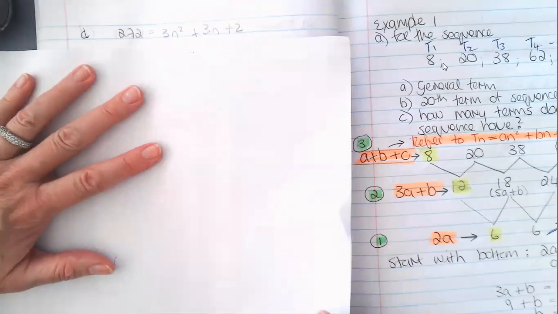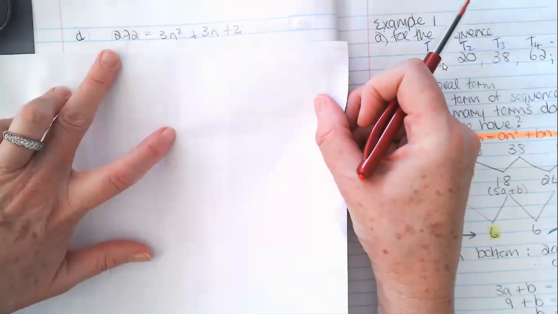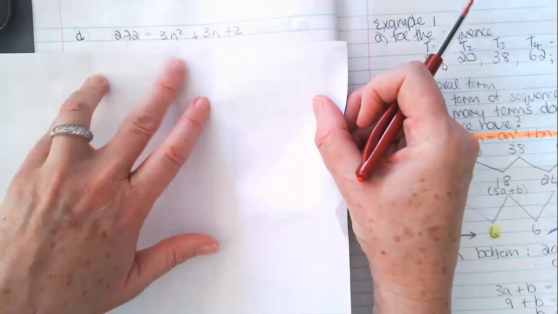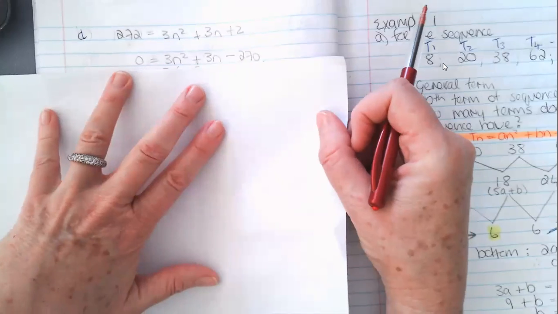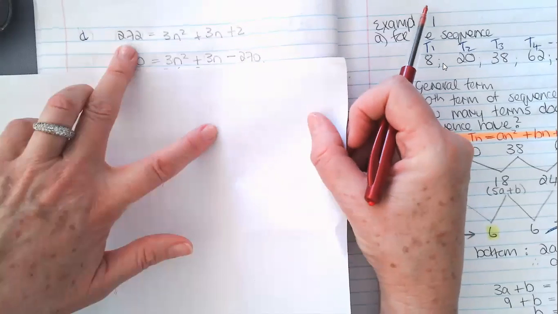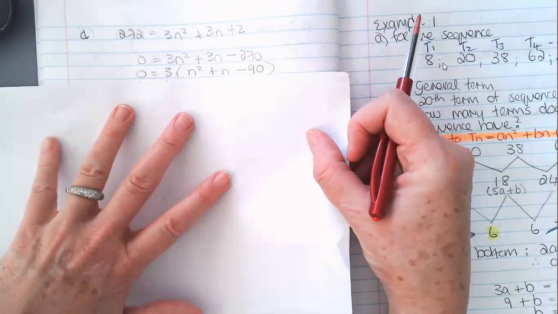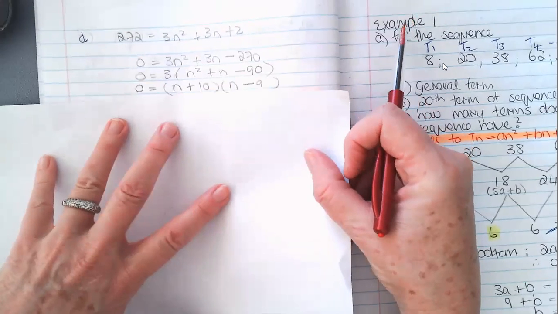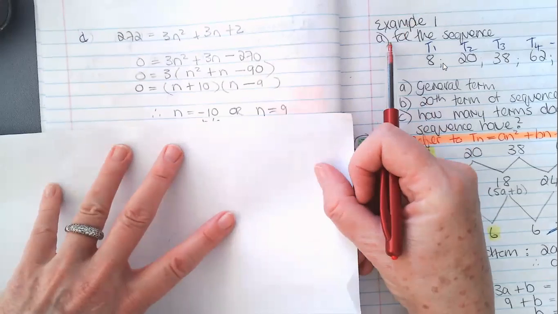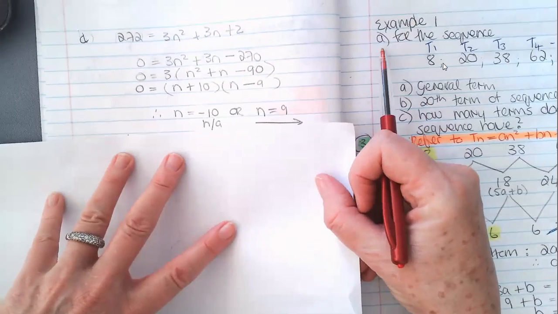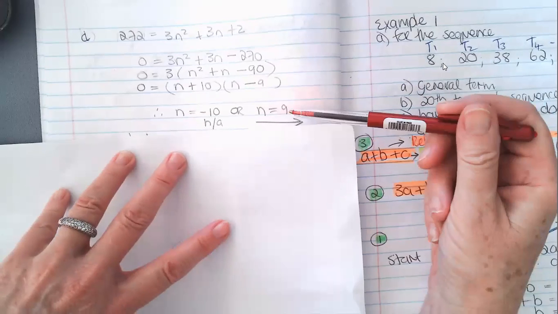If they say which term is equal to 272, so 272 equals the general equation. And then because it's n squared, we have to say 0 equals. So the 272 gets subtracted on both sides. We factorize with 3. Factorize the trinomial. So n is equal to minus 10 and 9. And minus 10 is then non-applicable, and our answer is T9 will be equal to